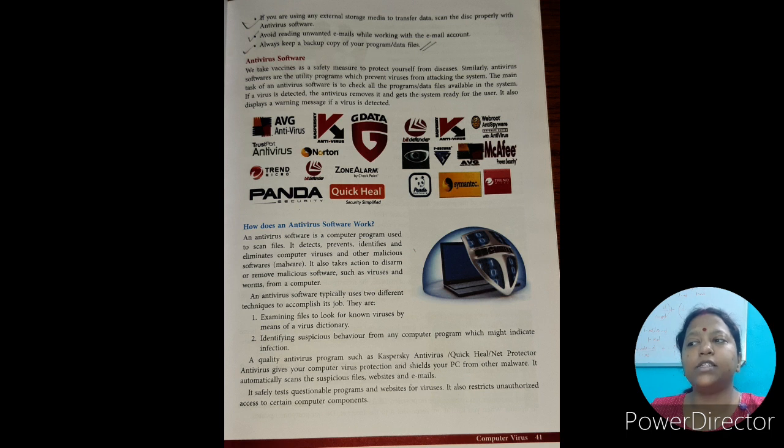It automatically scans suspicious files, websites and emails. So these types of antivirus softwares automatically scan infected files, websites and emails, and if a virus or malware is detected, then they take necessary actions to remove them and display a warning message to the user.